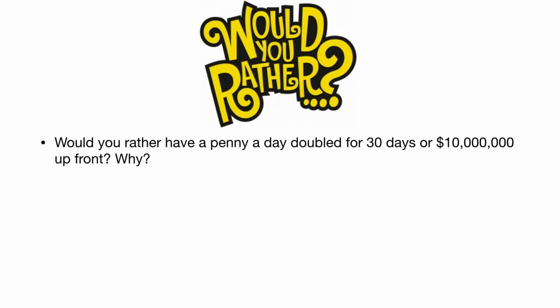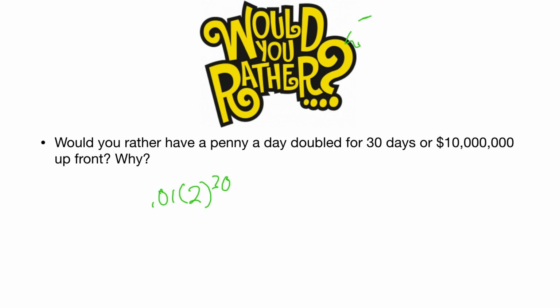If you chose $10 million, sit tight. But now we're going to find out if you had chosen that penny a day, because we don't know how much money you would have. So remember, a penny is $0.01. It's doubling each day for the 30 days. So a penny a day, let's see, after 1 day it's 2 cents, after 2 days it's 4 cents. So 0.01